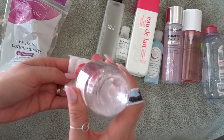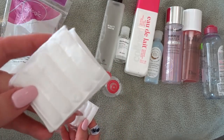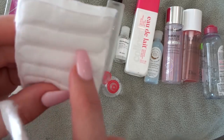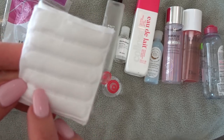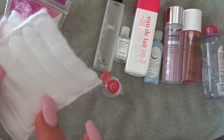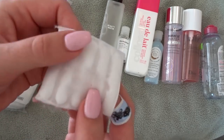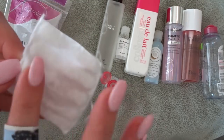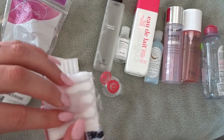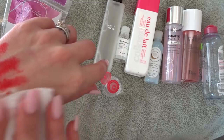So I am going to show you as we keep going through these cotton pads how to make sure you never purchase the kind that does this because it drives me nuts. And the first tip I have on that is never get something that has a pattern on it, just something about the way they stamp together the layers of cotton like that, it always comes apart in this fuzzy mess. But anyway, so I put some of the micellar water on there. These seem to have a fuzzy side and a less fuzzy side, so I'm using the less fuzzy. Actually, I'll use the fuzzy side so you can get the full horrific experience of it shedding, but obviously this